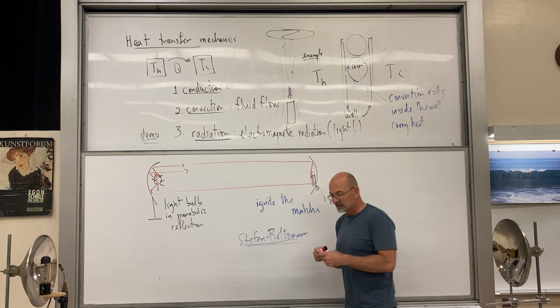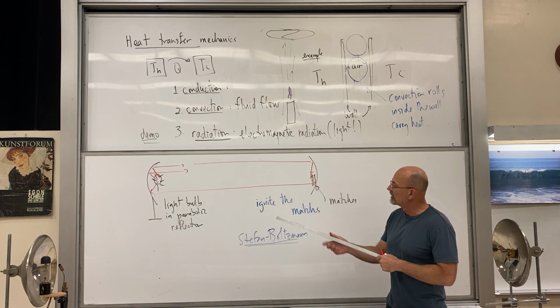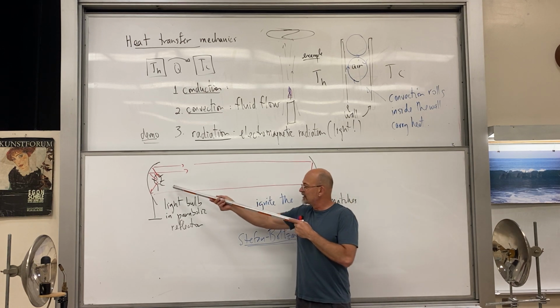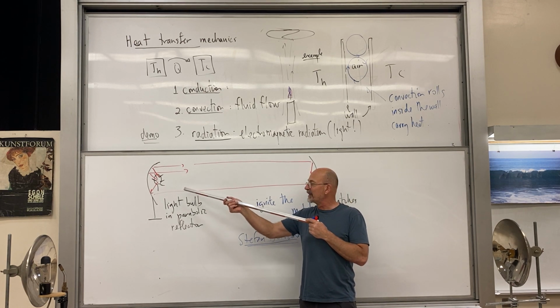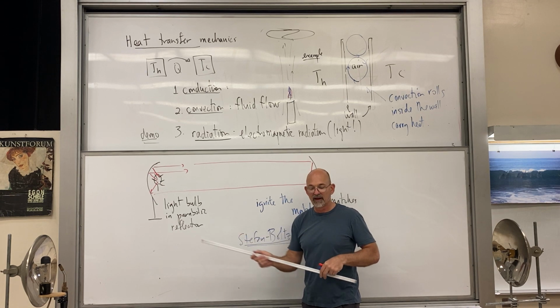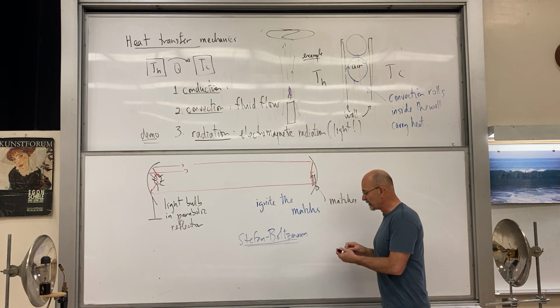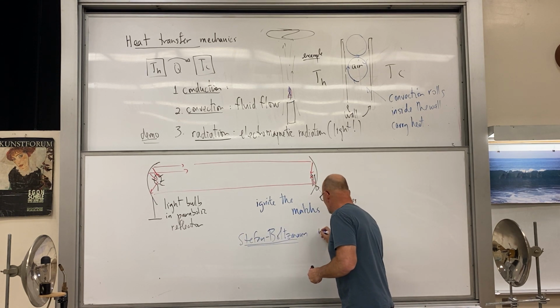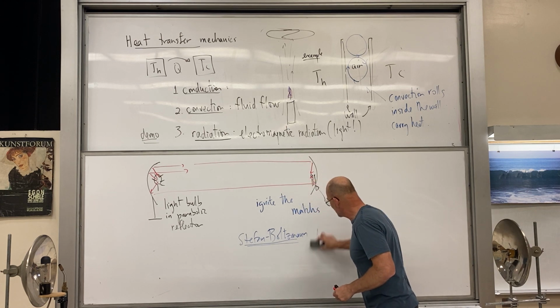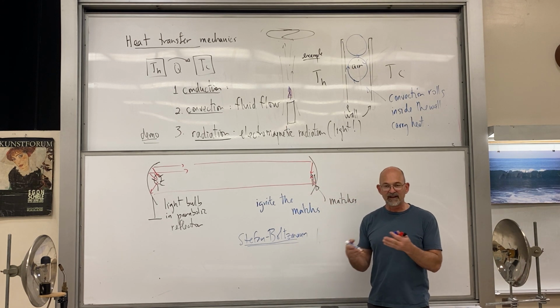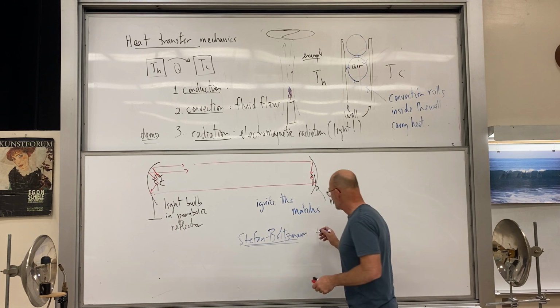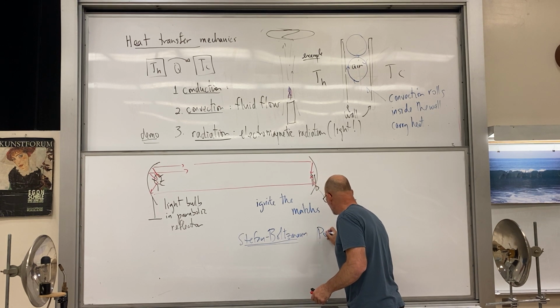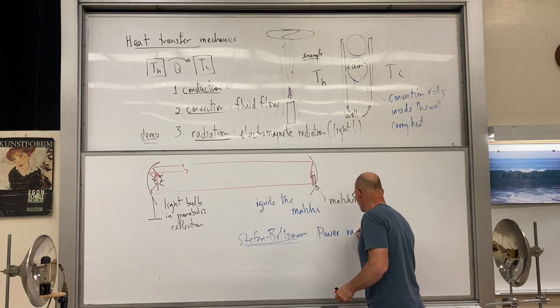And what it is describing is the power radiated by an object simply based on its temperature. So radiation power, and when I say the power radiated, so many watts. Power radiated by an object